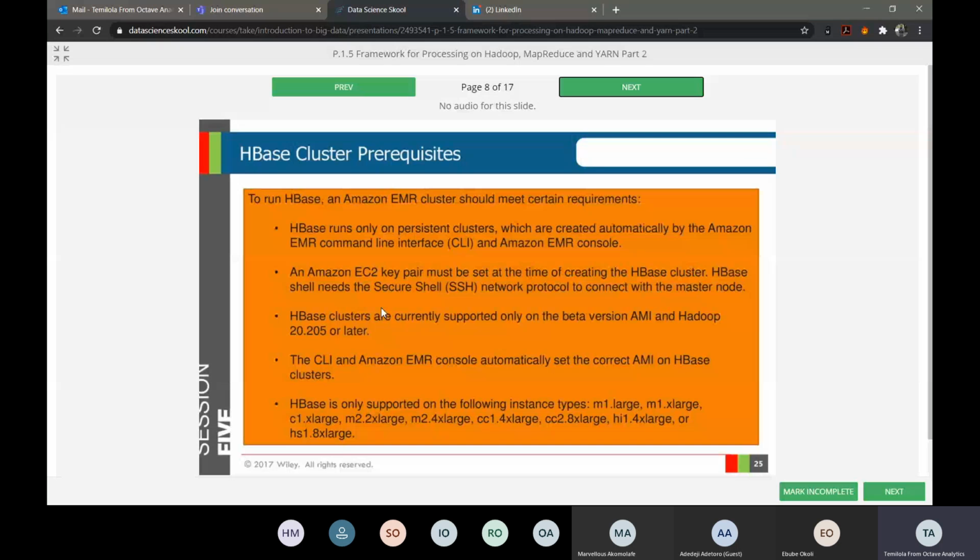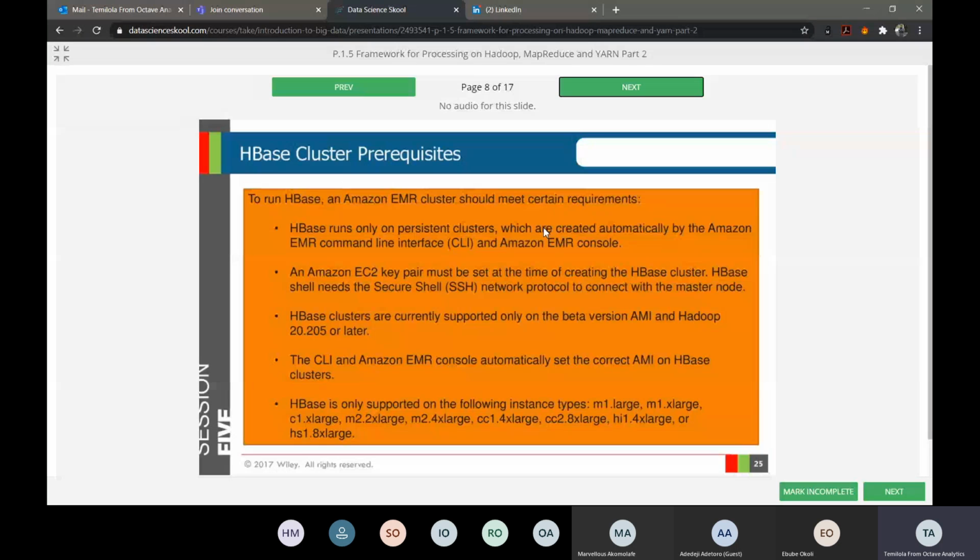So to run HBase, you need your Amazon Enterprise MapReduce cluster. EMR means Enterprise MapReduce. So it's just telling us if you want to set up HBase in a real life scenario, what are the prerequisites to setting it up, the things you need. Okay, it says your EMR cluster should meet the following requirements. So meaning in your Amazon Cloud Console, your AWS console, as probably the root user or an IAM user,